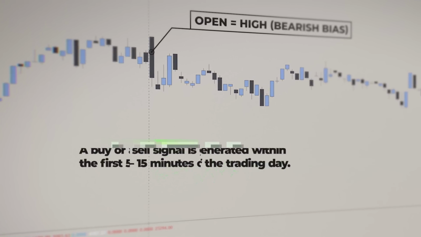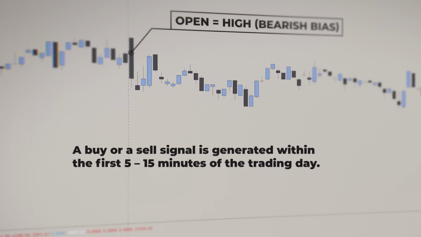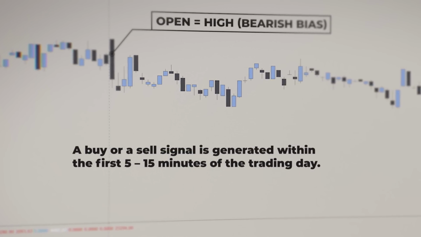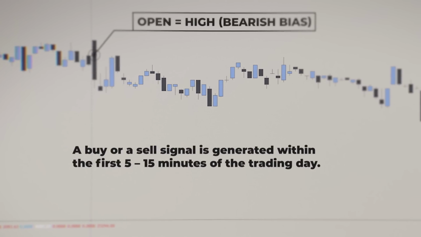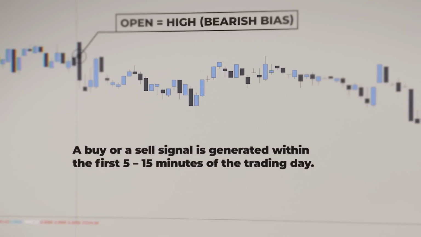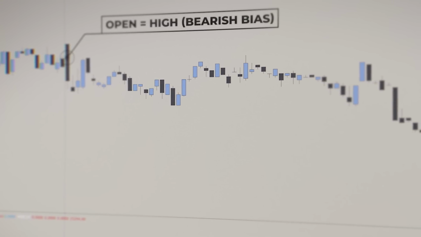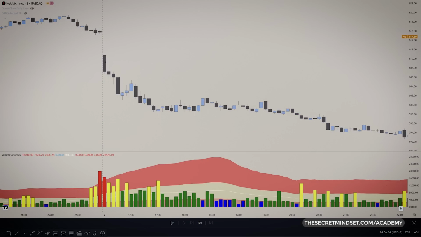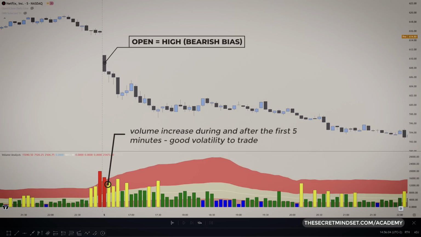Usually, a buy or a sell signal is generated within the first 5 or 15 minutes of the trading day. You can play around with the time settings and see which one works best for you. As volume increases during the first 5 minutes, it naturally causes prices to oscillate more widely. This volatility stretching the highs and lows creates prime openings for